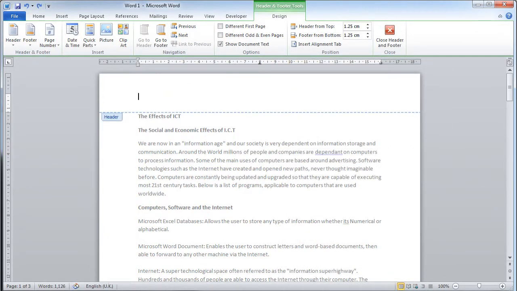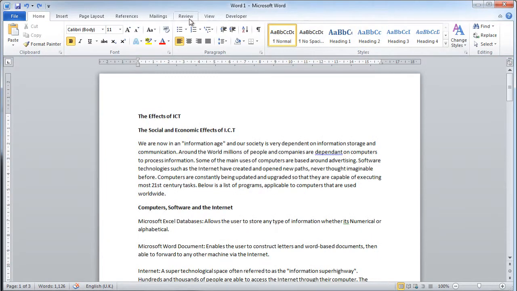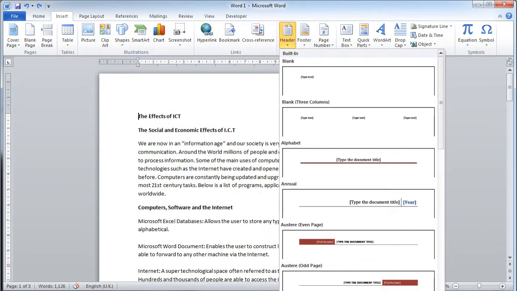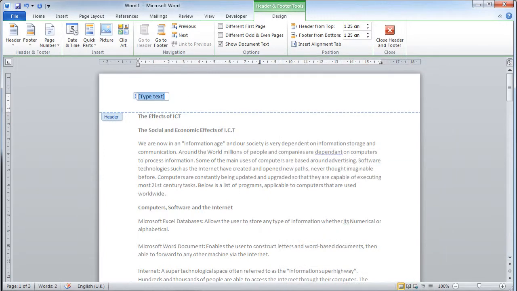If you don't want to use one of those, again, what you can do is you can insert, you can click on header, and if you just go down to the bottom, which you can't see on this screenshot here, but there is a button at the bottom that says Edit Header, and you can click on that. Anyway, I'm going to insert this blank one here, and in this box I'm just going to type in my name, well, our student's name, Michael Smith,